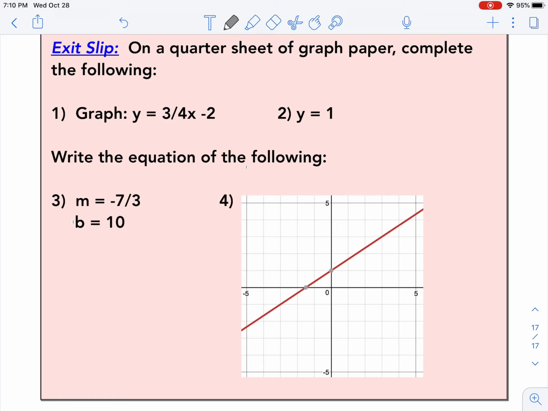I'm not going to explain this one on the video. I want you to try to check the notes and then refer back to what you've done in this lesson for support and help. So this is the end. After you do the exit slip, this is the